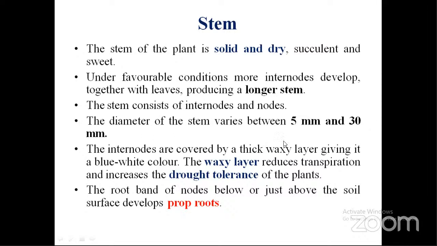One of the main characteristics of sorghum is these internodes. That means the stem is covered by a thick waxy layer. It is blue-white in color. Main advantage of this waxy layer is that it reduces transpiration. If transpiration is reduced, that means moisture loss from the plant will be less and moisture content of the plant will be more,